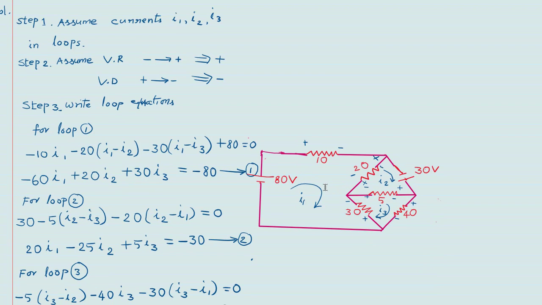So let me assume first the loop currents. This is loop 1, this is loop 2, and this is loop 3. And loop currents are I1, this is I2, and this is I3. So I2 is loop 2 current, I3 is loop 3 current. So having known the loop currents, in each loop we have to give the voltage polarity across each element except voltage sources, because their polarities do not change with the current direction which is chosen.